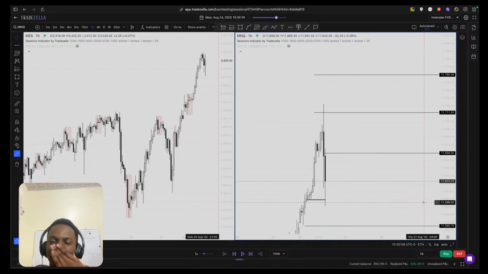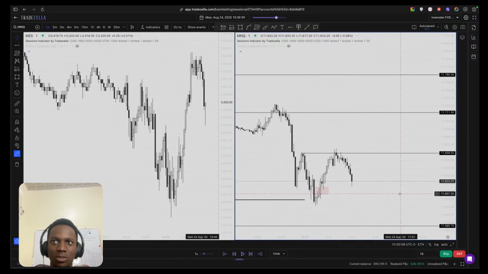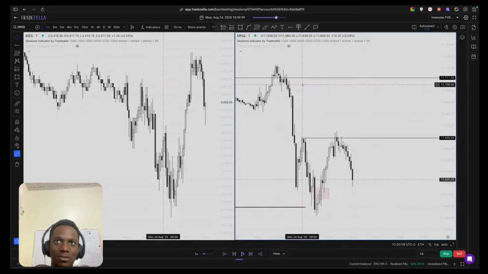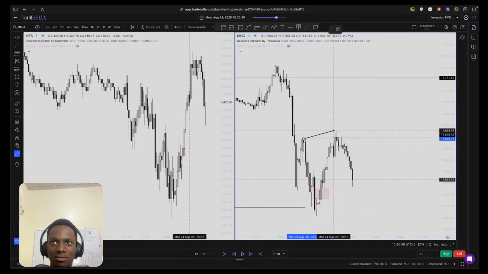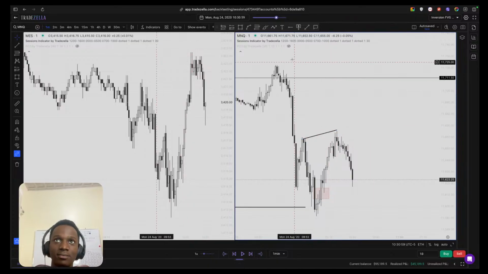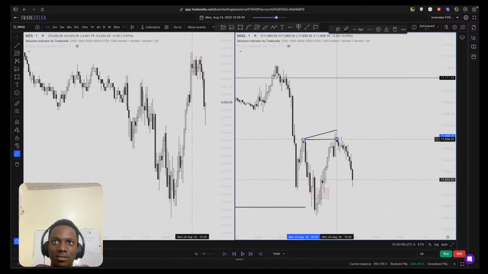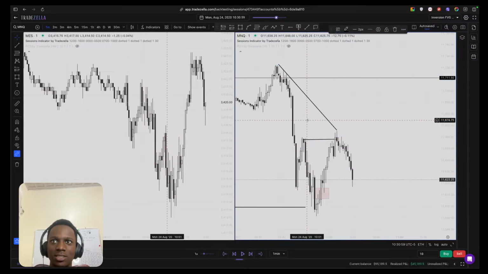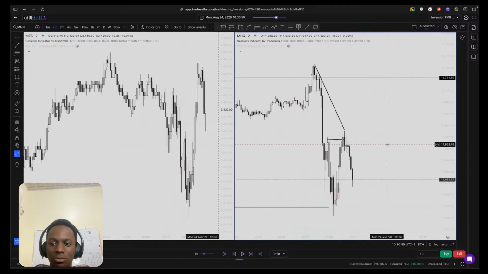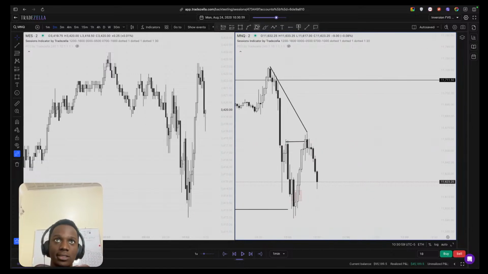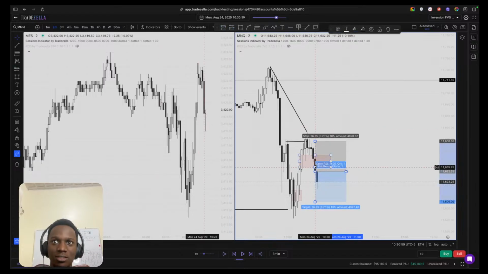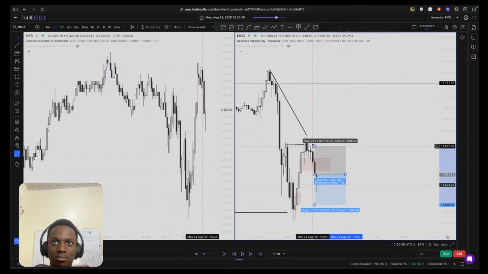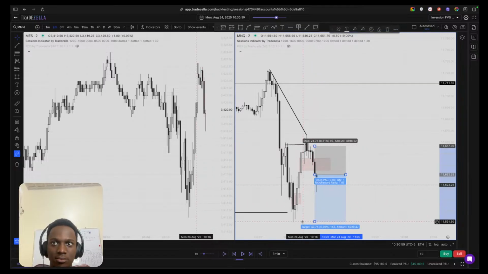So if price is truly bearish, then we will be heading lower. We don't have any POIs on the left side because we are at all-time highs, but you can see that we have this SMT here. The SMT is on this side, and the run, and then the 2 minute has this inversion right here, and then maybe the shorts will be in here, targeting these lows here.